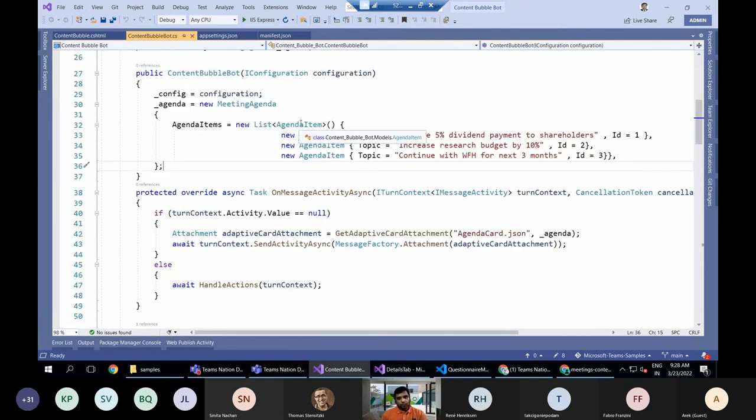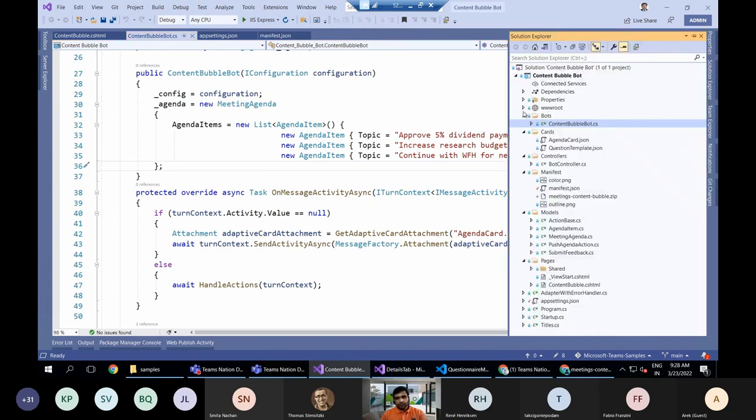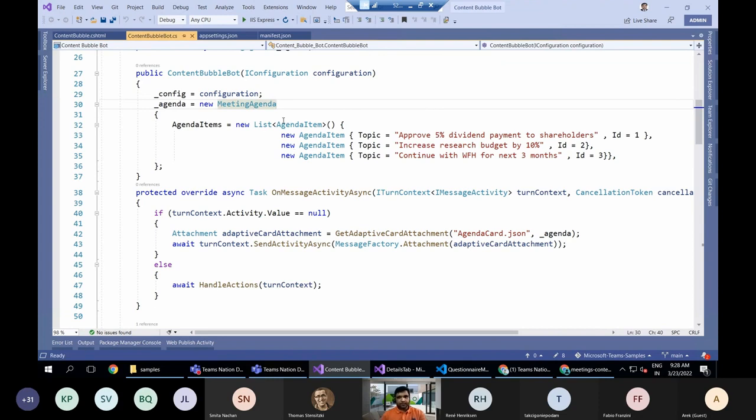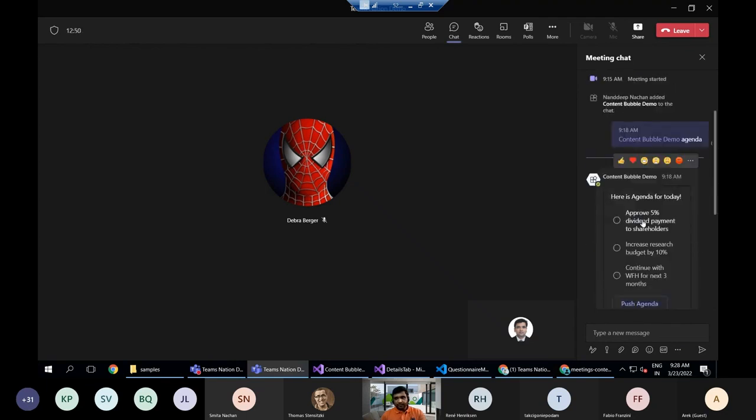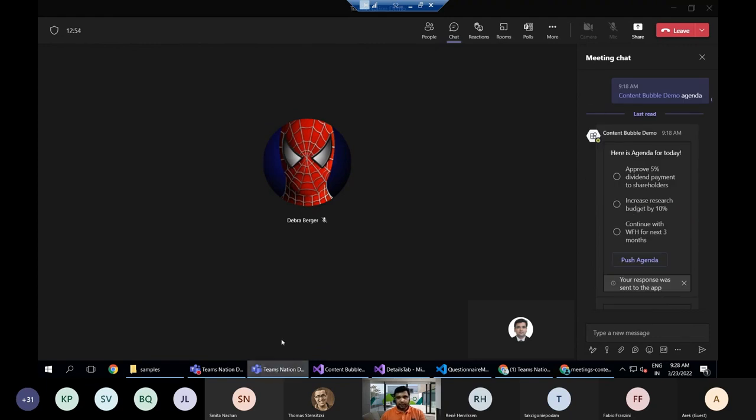So coming to the code walkthrough of this content bubble demo which we have seen, which is very simple code. This is the solution structure that we see here. We do have a bot, we do have a few of the cards which we have seen, and then we have a controller. And then this manifest is the zip file which will be uploaded into Microsoft Teams. The major part here is this bot, which is doing the major work for us by pushing the agenda. And as I said, that agenda which we have seen here, which is, for example, approving the dividend or increasing the research budget or continue work from home, all of those activities are coming from here